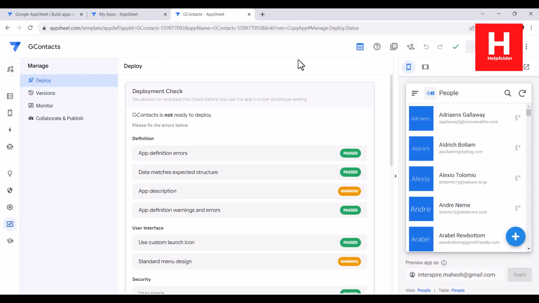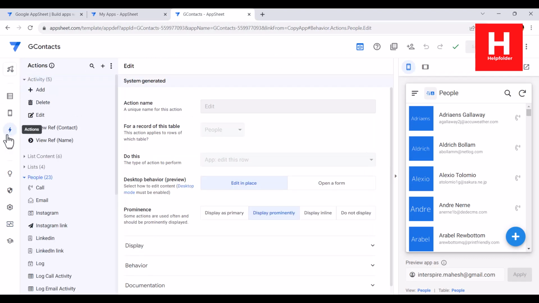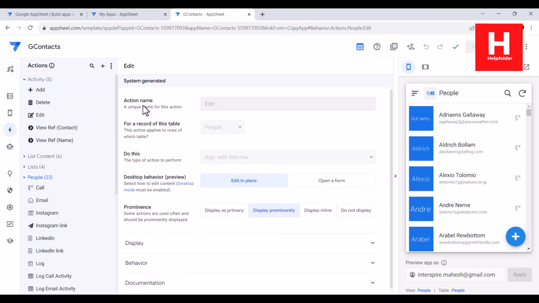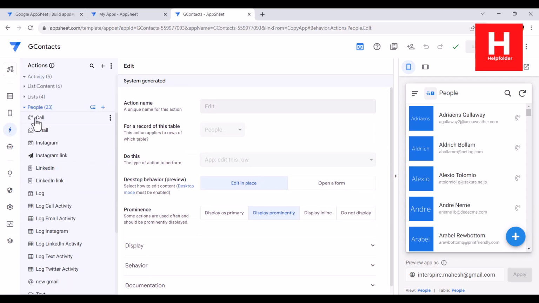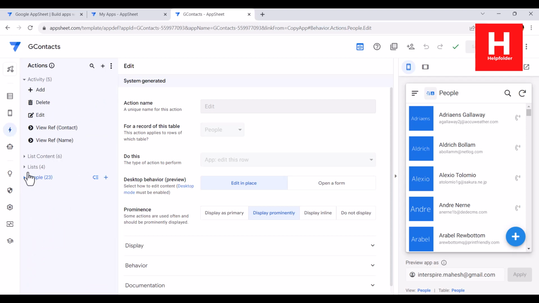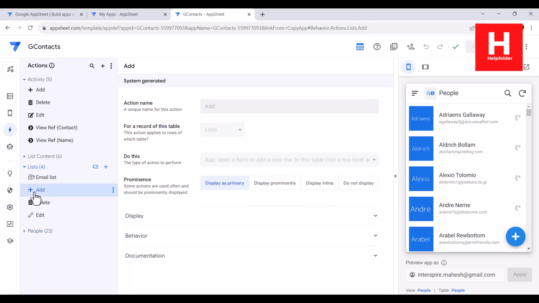So finally we can also take a look at a few things like actions. We didn't add any actions here, but here you will notice that there is a people list which contains actions. So let's say for add, you will find